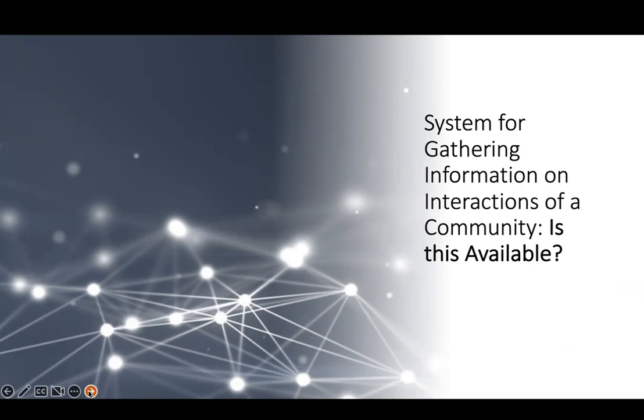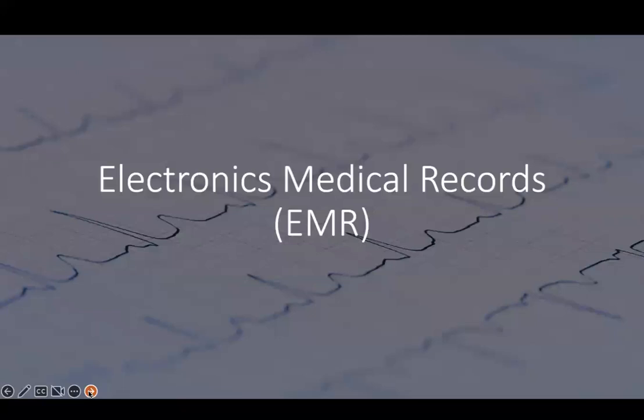One way to do it is to conduct surveys or interview the infected individuals about who they have been in contact with for the past few days. This approach in some cases may not give us accurate data. Another possible way is to make use of electronic medical records. EMRs contain information about appointment visits and laboratory test results, which can be used to create a timeline of patient interactions. Additionally, EMRs also contain addresses and age information,